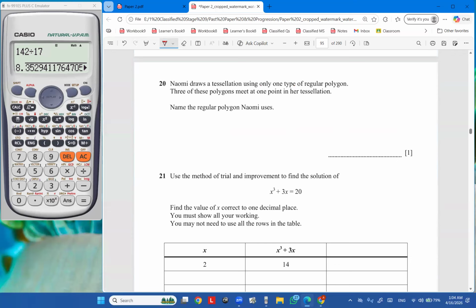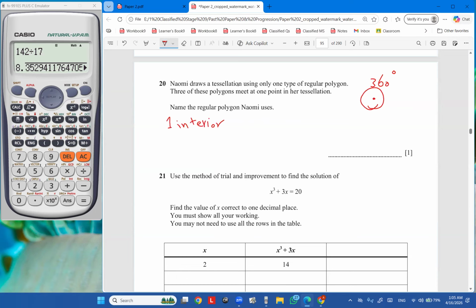Naomi draws a tessellation using only one type of regular polygon. Three of these polygons meet at one point in her tessellation. Name the regular polygon Naomi uses. All right, we know that meeting at a point must make what? Must make 360 degrees, right? So what is that shape that has one interior